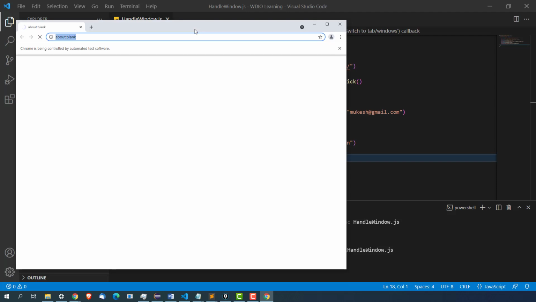Started. Today the application is, I don't know why it is slow. It's loading very slow today.